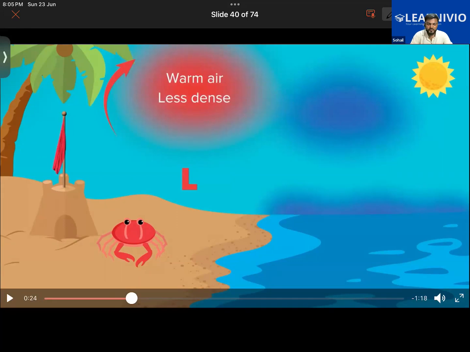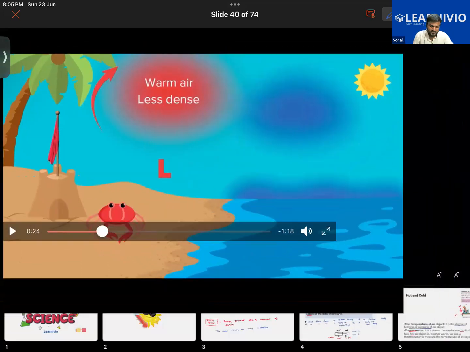So far, what is being said in this video is that land heats up faster as compared to a water body. So the air above the land will be warmer. It will be heated more. The warm air becomes less dense, which means it is less heavy, so it will start to rise up. Thereby it creates an area of low pressure. How does it do so? Try to understand it in this manner.